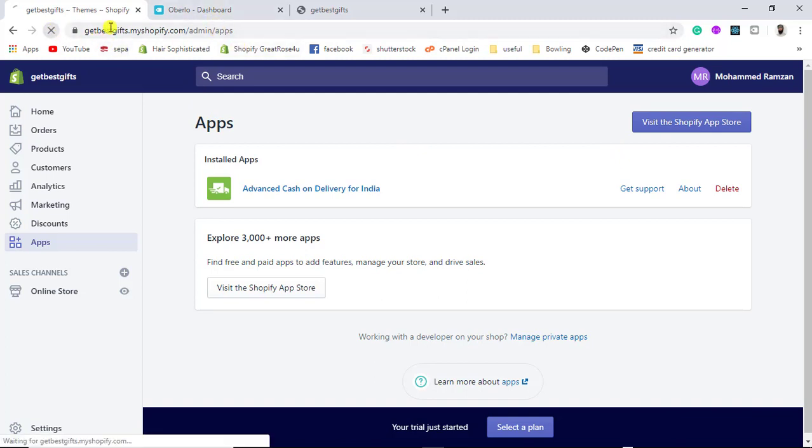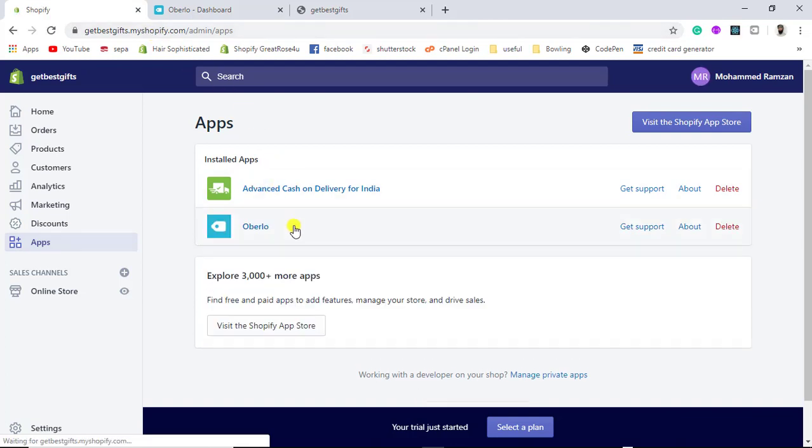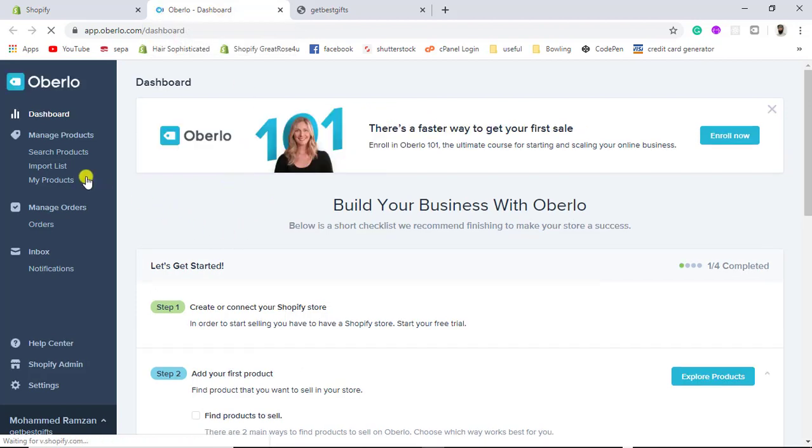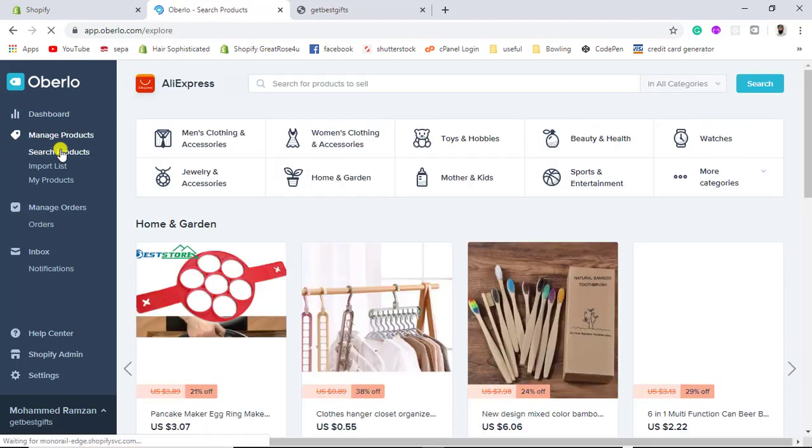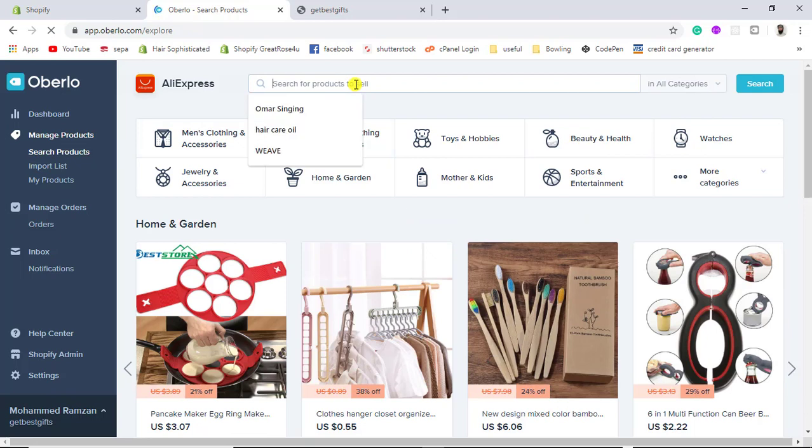and we have two apps. The first one is this one, already explained, and then we have Uberlo. Once you click on it, a new tab will open. I'm just closing this one, and here you have to click on search products. Since I am interested in searching for products related to gifts, according to your requirement you can write the keyword. For example, I am interested in gifts, then click on search,